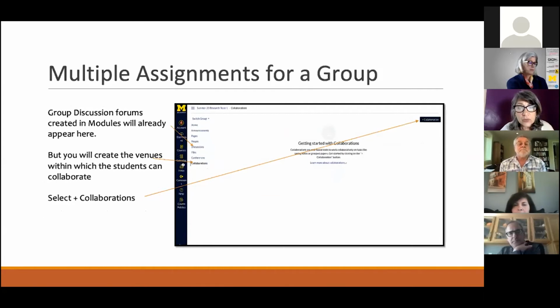They have their own announcements. They have their own homepage. They can post all of the stuff they want to. They can post their own discussion, or they can answer or go to discussions. They have their own files. And if they're doing research, this is where they might share some of their research or put their links in or whatever. You can see that the students then, at least, and I teach mostly sophomores and juniors, the students have a lot of control over this.